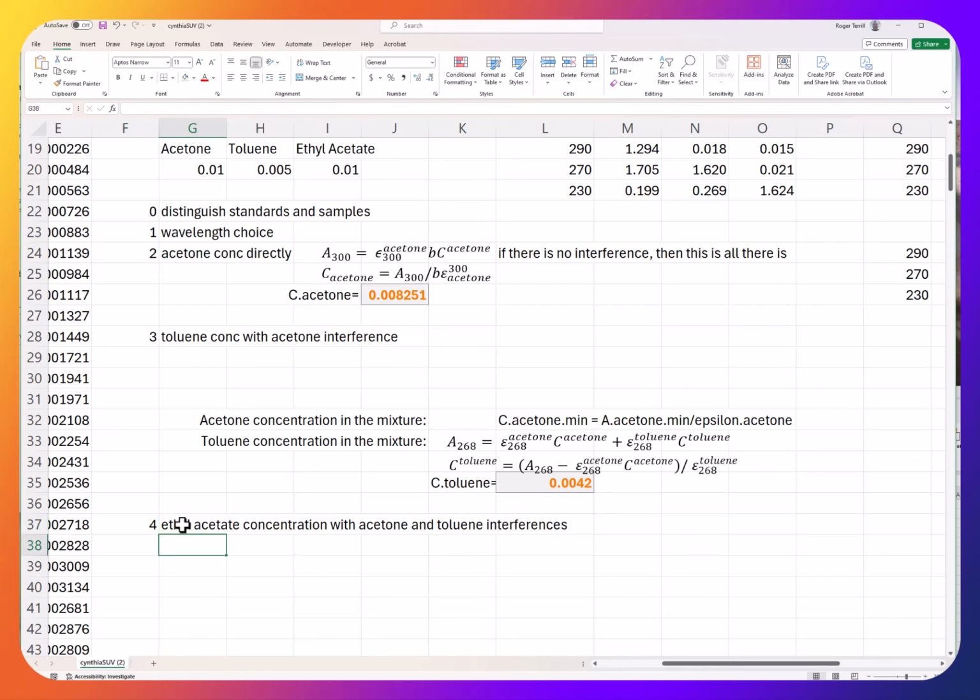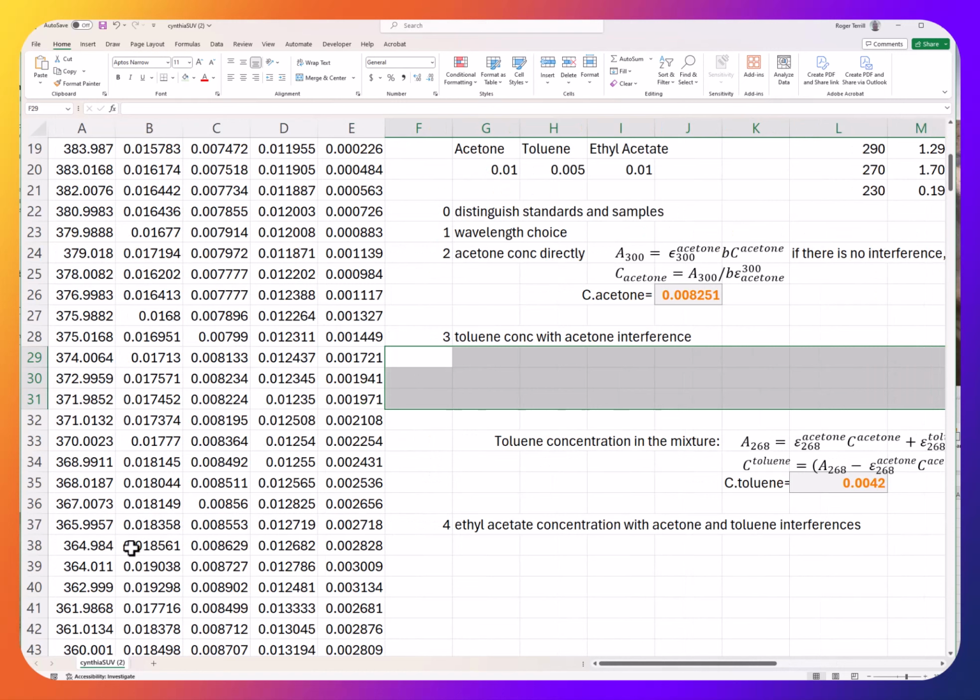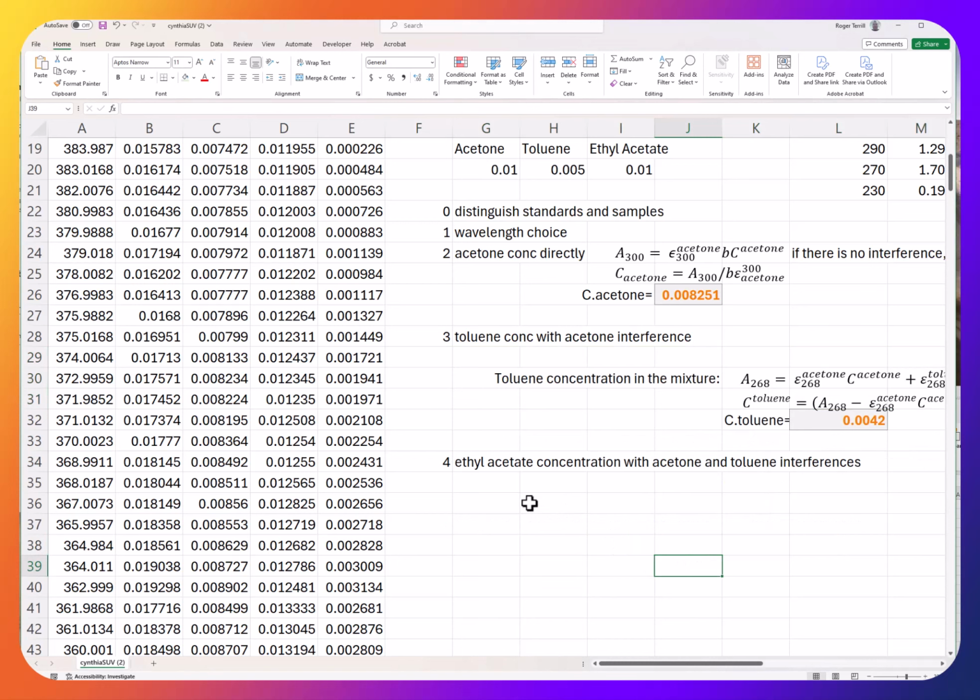And actually we don't need this here anymore, do we? So we're just going to have, because that's all up there. Delete, shift cells up. Okay. So now